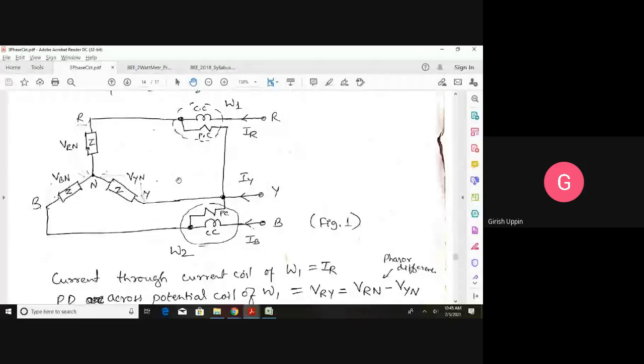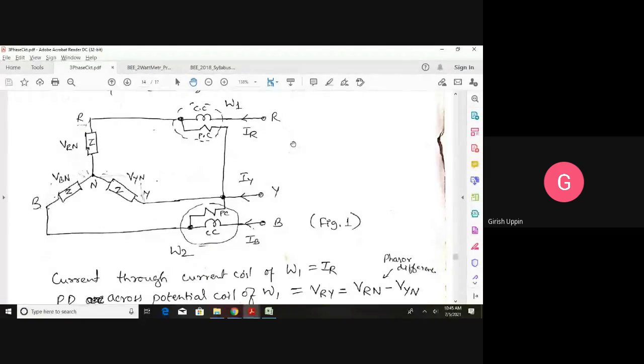So you have to remember this circuit direction properly. The R, Y, and B phase, respective phase voltages, and you have to remember it is a balanced load. And what is a balanced load? Where the value of the impedance is exactly the same and the nature of the load is also exactly the same. Means all the impedances, let us say all are 25 ohms and all are RL or all are RC. If the nature of each of these loads is exactly the same and the magnitude of the impedance is the same, then we call it a balanced load.